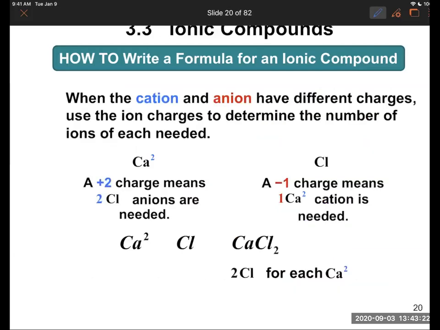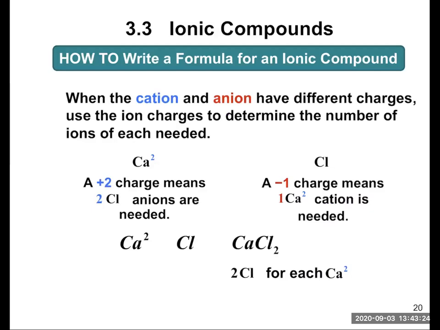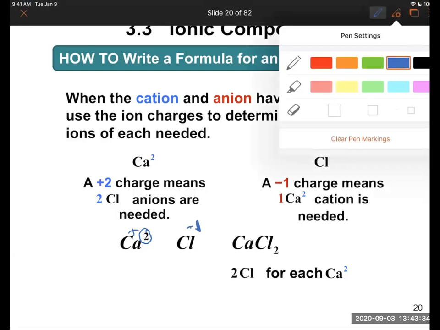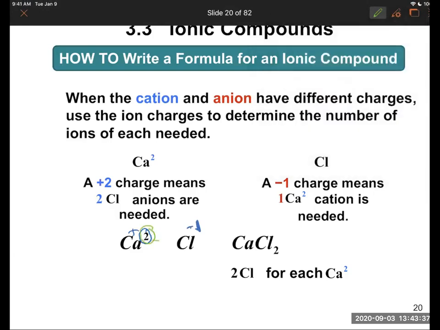Notice here we have calcium that has a charge of 2, and chlorine has a charge of -1. We don't care about the sign for this. What we do is crisscross. The 2 is going to become the subscript of chlorine, and the 1 is going to become the subscript of calcium. So calcium 1, chlorine 2, but we don't write the 1, so it becomes CaCl2, calcium chloride. Okay, now let's see if you can practice it on your own.